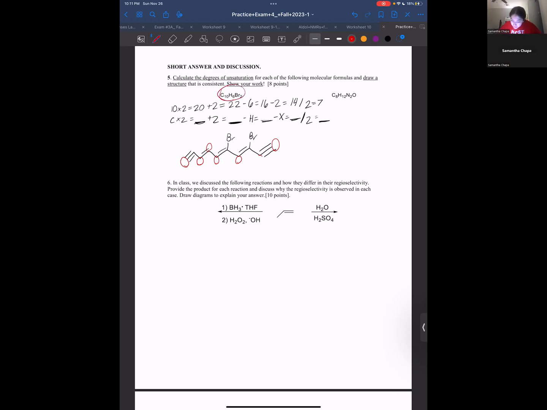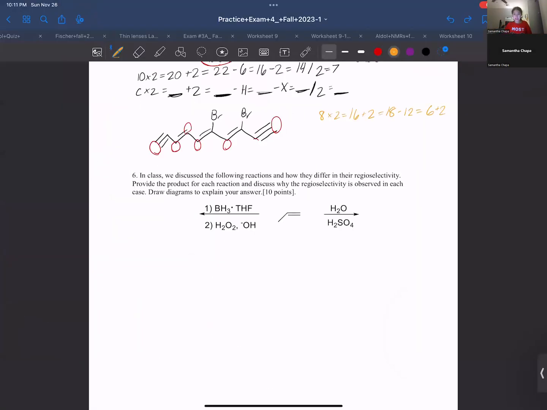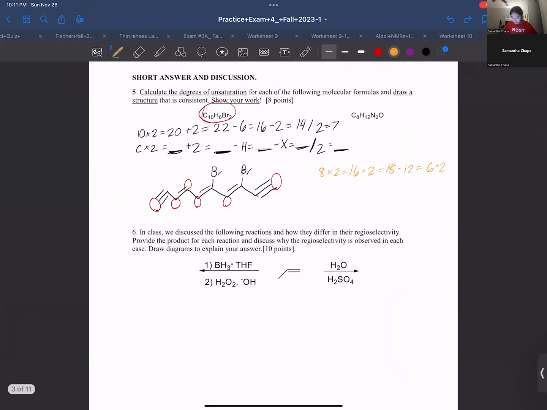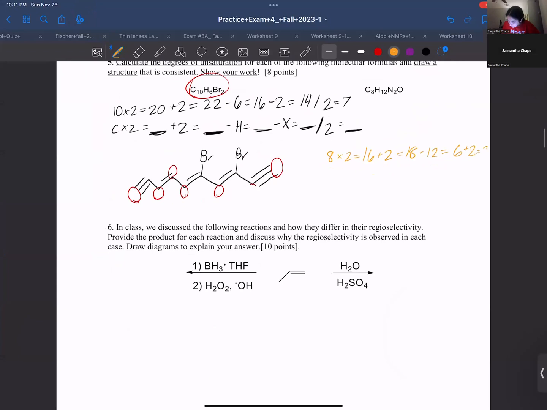Okay. Next one, same process. So carbons, you multiply by 2. So I have 8 carbons in this one, times 2 is 16. Plus 2, something you always do, is 18. And then subtract the amount of hydrogens that you have. So I have 12 hydrogens, gives me 6. Do any special characters. So for nitrogens, again, you add as many nitrogens as you have. So plus 2 because I have 2 nitrogens. I get 8, and then last step always is to divide by 2, so I get 4 degrees